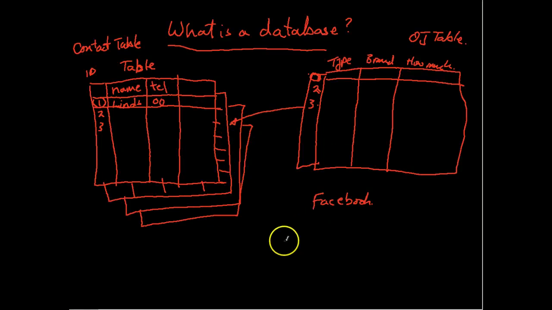And what that allows you to do is provide buttons on the website, on Facebook. You might get a button that says see all your friends, and that will just go to the friends table, reference everyone that's connected to you, and then present all of those names. But you might also have a button that says see